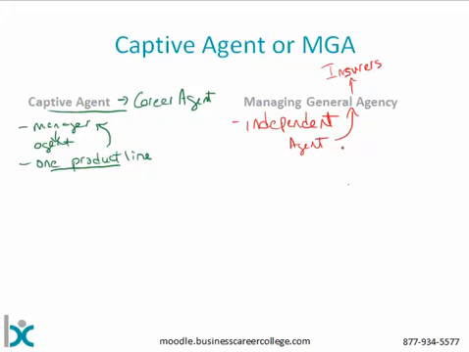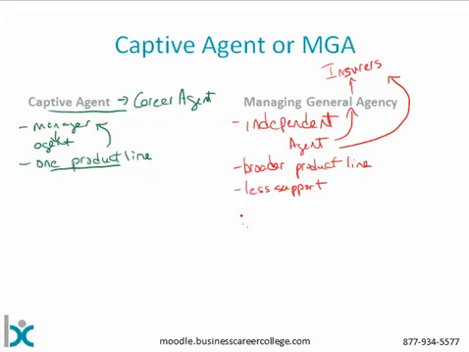You can have some people who have a direct contract with an insurer, and then there are associate general agencies and some other versions of this, but this is the most common version. And here, this person typically has access to a broader product line. The trade-off here being that this person typically has less support. Some MGAs offer a substantial amount of support, and some really just process business. This varies quite a bit across the industry, and if you're coming into the business, you'll figure out where your best fit is.